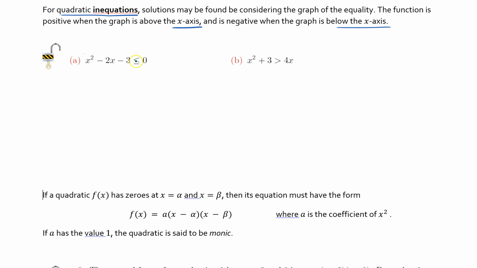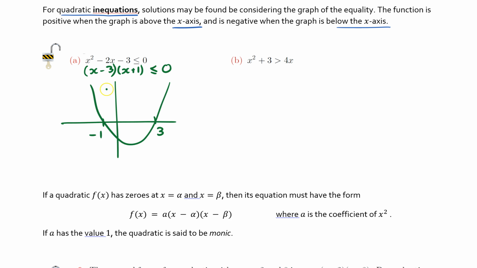So if we look at this quadratic just here, we can see it's a quadratic which is concave up. Now where will it cut the x-axis? So if we try to think of two numbers that multiply to minus 3 and add to minus 2, that would be x minus 3, x plus 1. So that's nice, we can do it without going to the quadratic formula. And in this case here, that means that at minus 1 and plus 3, we cut the axis. It's concave up. For what it's worth, it must be cutting there at minus 3, but we're not after a